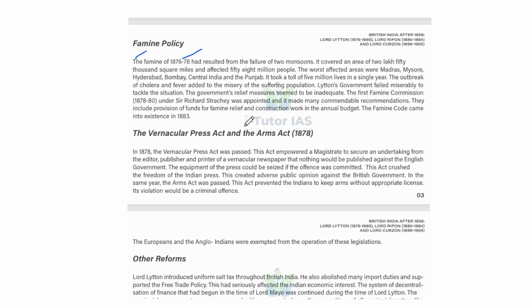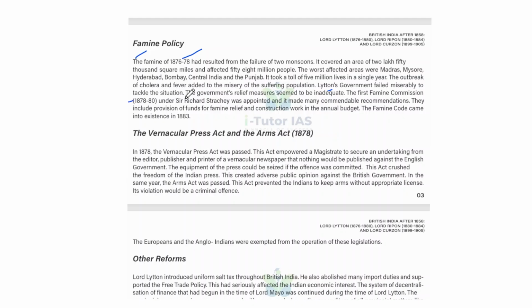And it took a toll of 5 million lives in a single year. And the outbreak of cholera and fever added to the misery of the suffering population. And Lytton's government failed to tackle the situation, and the government relief measures seemed to be inadequate. And the first famine commission, that is